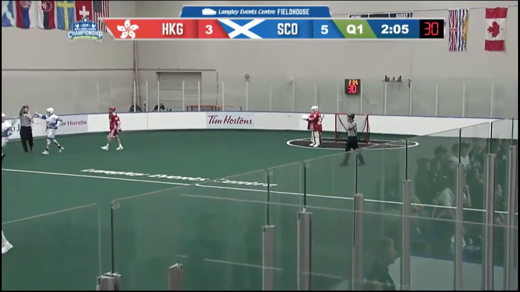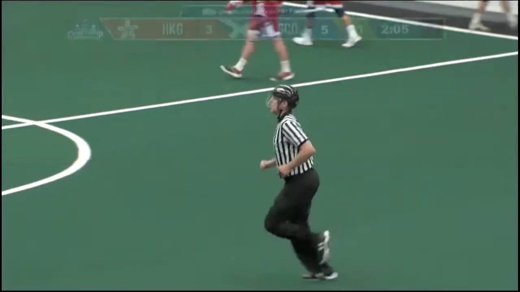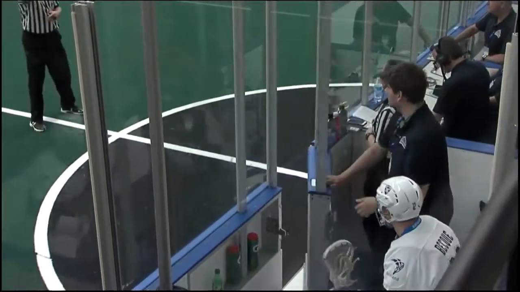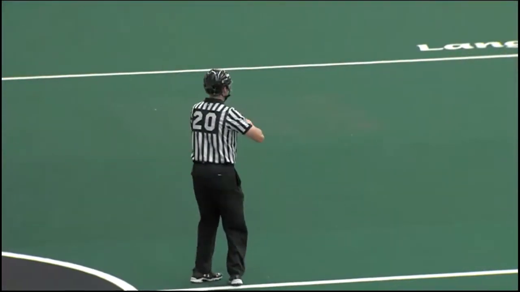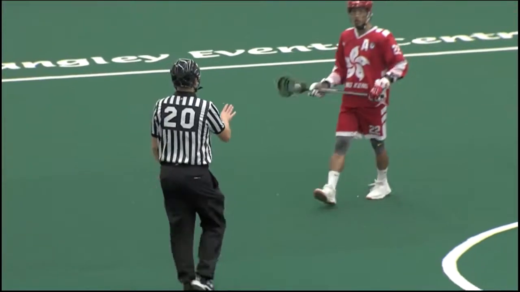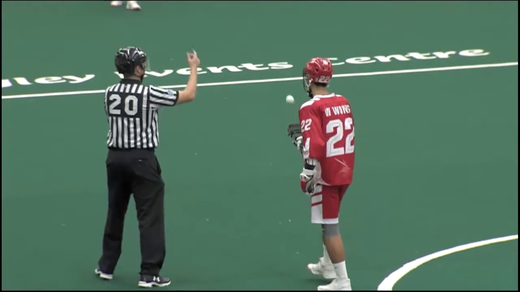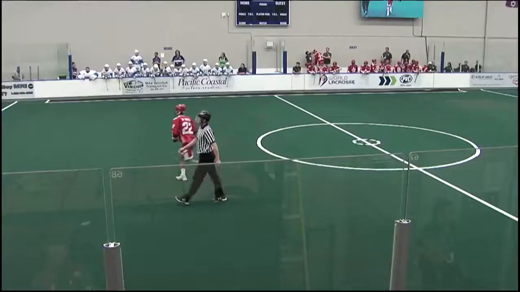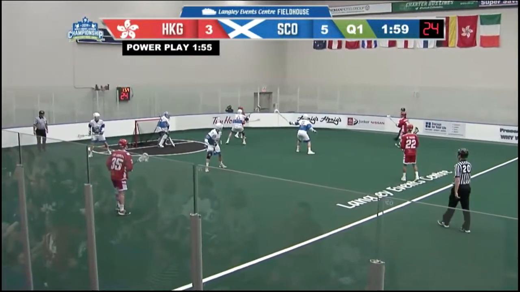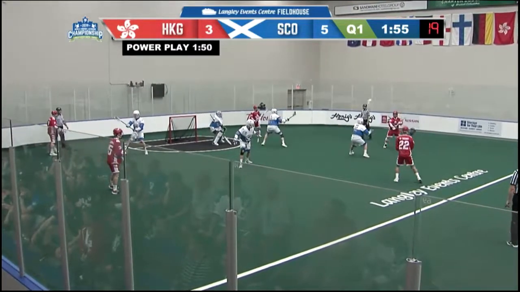I was just about to say we had a penalty-free first period going, as possession changed in Hong Kong territory, but now Scotland is headed to the box here with 2:05 remaining in the first quarter. 12:55 the time of the power play for Team Hong Kong.